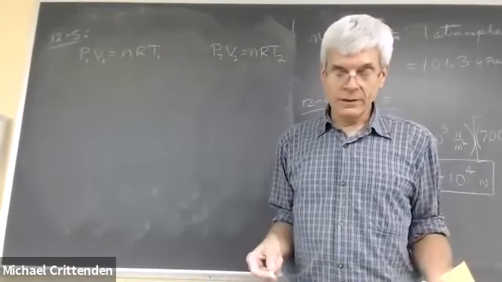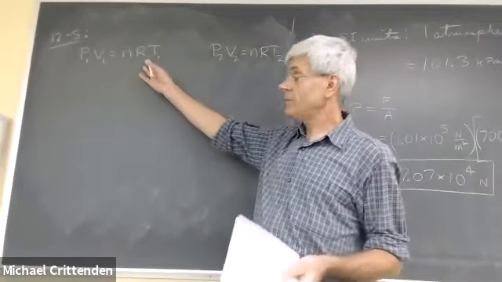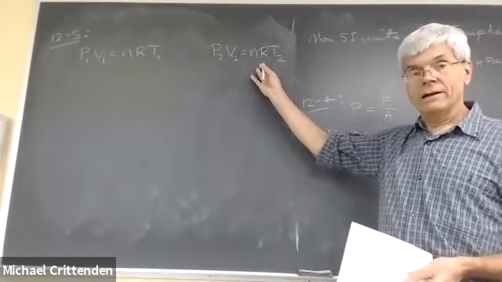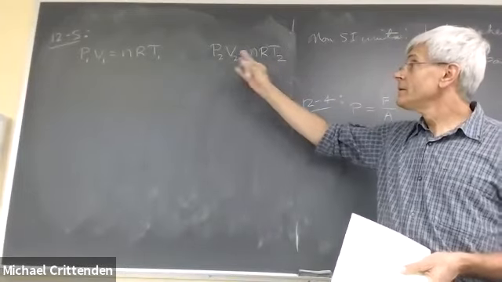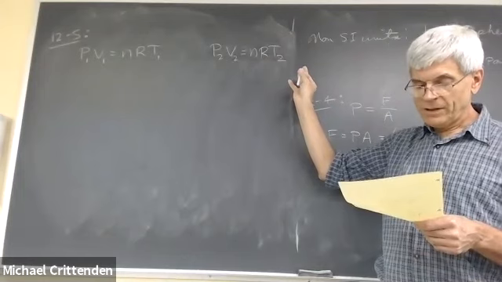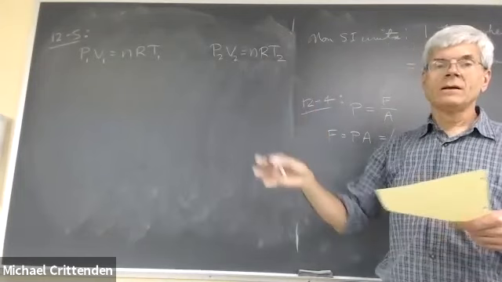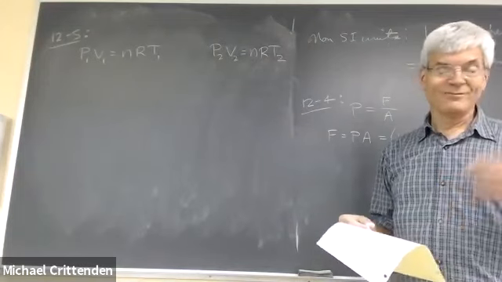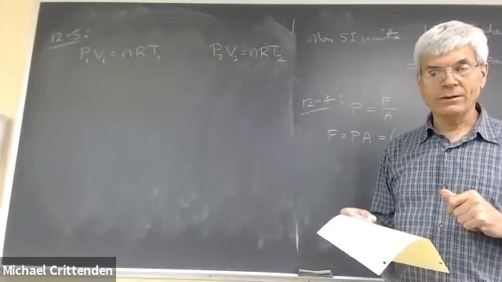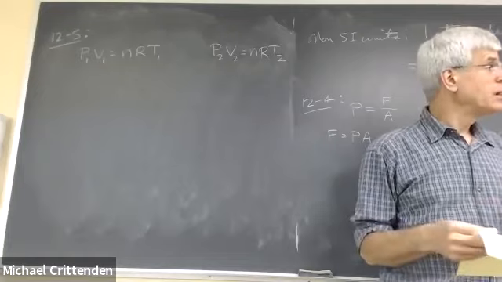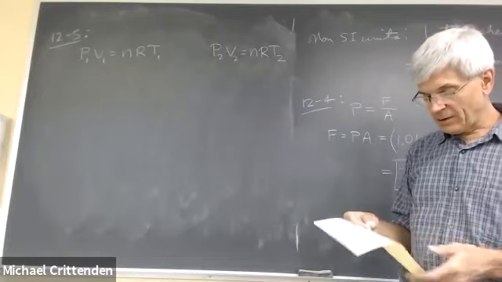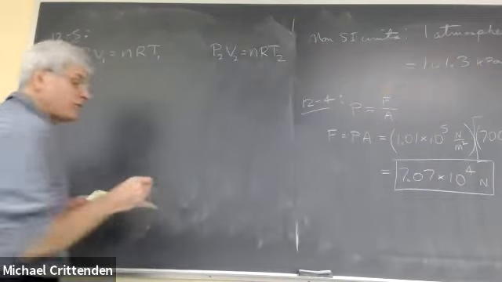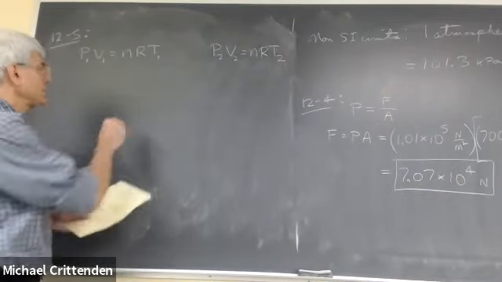So while in the original state, the gas obeys PV equals nRT, then later on, while in the final state, the gas obeys PV equals nRT. To combine these two equations, there's more than one way you can work your way through the algebra, and I'm not sure one way is necessarily better than another, but the way I'm going to do it anyhow is to divide the one equation by the other.